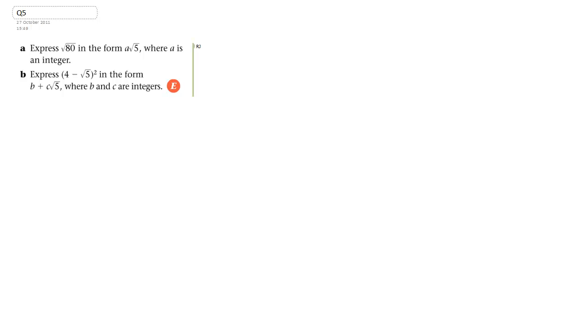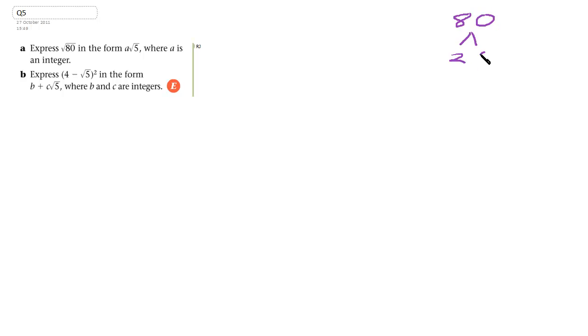Okay, this question here, we're going to express the square root of 80 in the form a root 5, where a is an integer. First thing we need to do, the key thing to this is to look for square numbers which are in 80. If you can't see the square numbers easily, then the key thing to do is to use prime factorization to find them for you. So I'm just going to start off by writing 80 up here